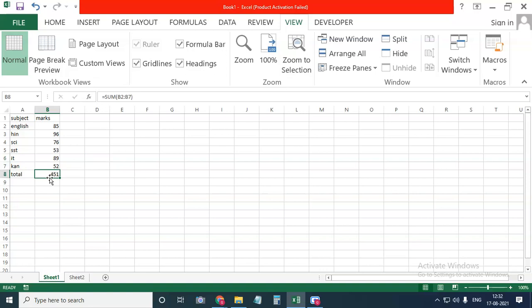Now suppose I found the total marks, and I want to find out the percentage also. Only in one sheet you have to write the formula, and in the rest of the sheets you only have to run that macro. So what is the use of macro? If you want to perform the same task again and again, that time we are going to use the macro in spreadsheet. So you all understood what is macro, what is the use of macro, how to record and how to run the macro.